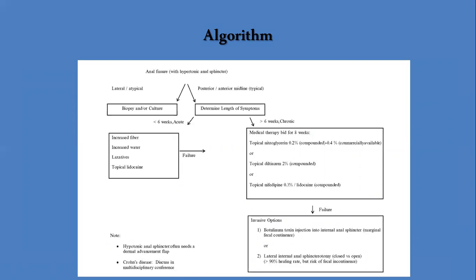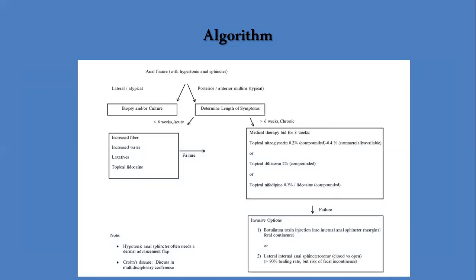It summarizes the treatment plan of anal fissure, and we should remember that for treatment, it's important to know whether it is an atypical or typical anal fissure. If it is atypical, we will perform examination under anesthesia, taking a biopsy and culture. If it is a typical anal fissure, this depends on whether it is acute or chronic. If it is acute, we will